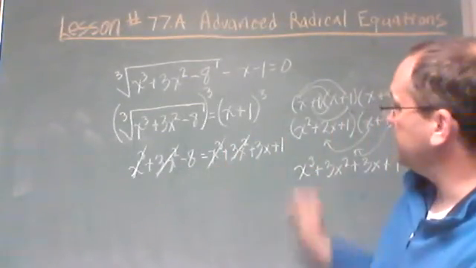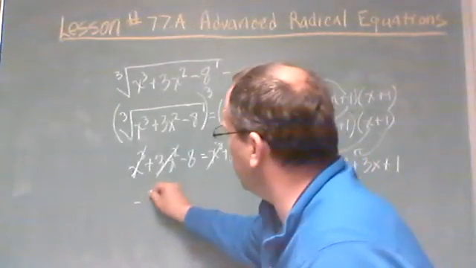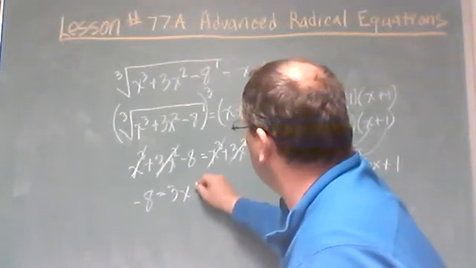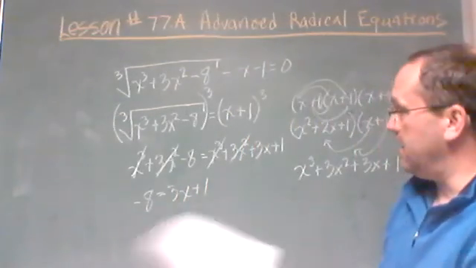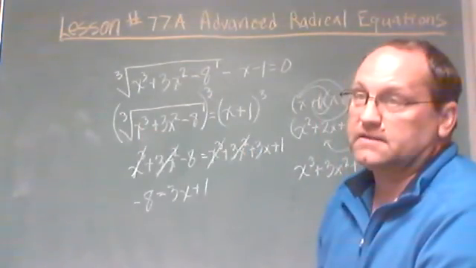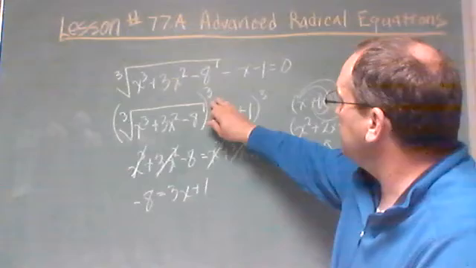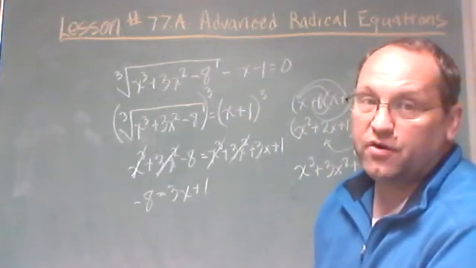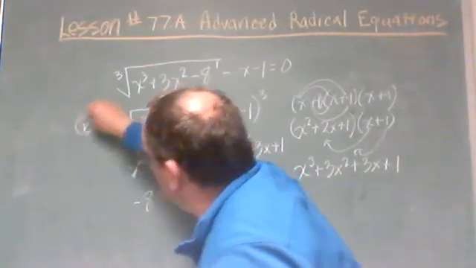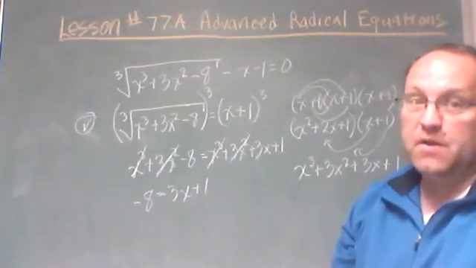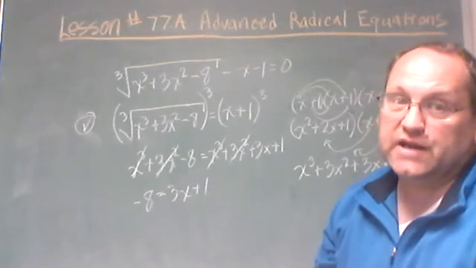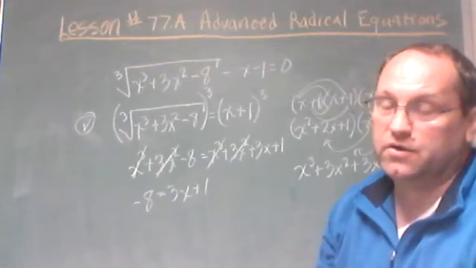Okay, do I have any others that will cancel out? No, it leaves me a minus 8 equals a 3x plus 1. Okay, and then I forgot to mention, when I went ahead and applied that, raising to the third power either side, I must make that mental note. I have to check my answer. Anytime you raise both sides of an equation to powers, you must check the answer, because sometimes they'll return